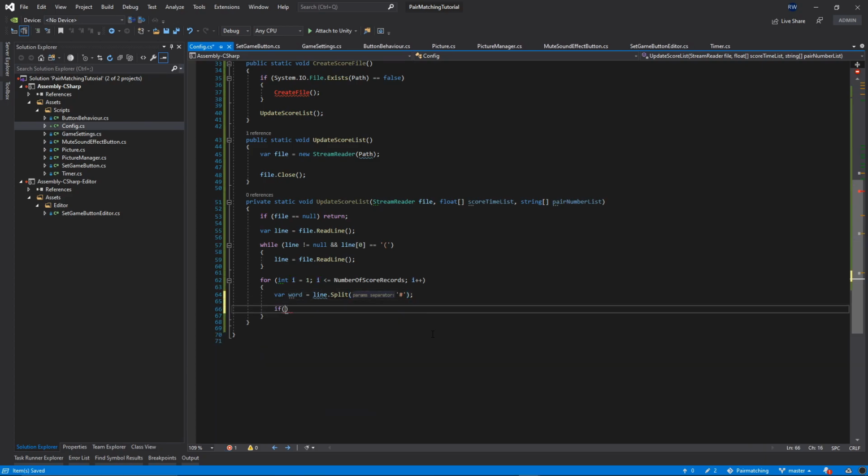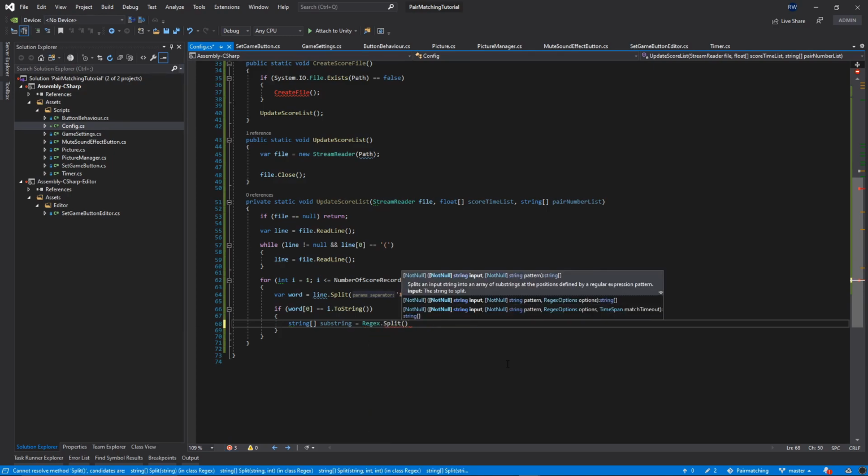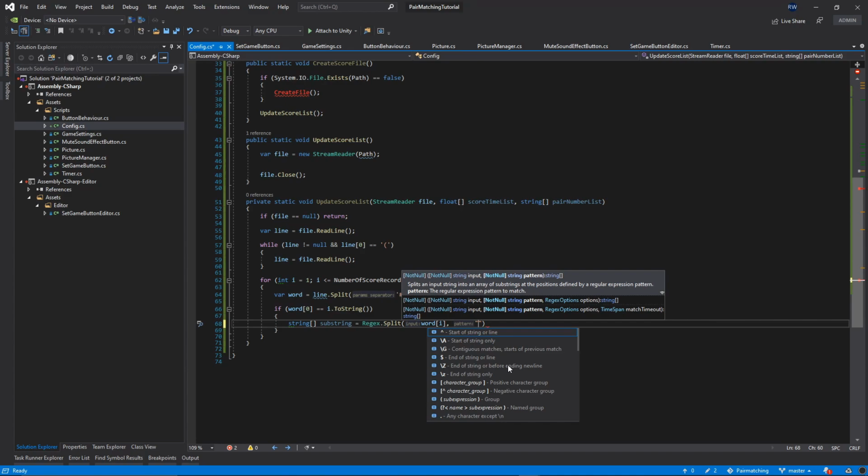So if the word at 0 is equal to i.ToString, we want to do the string array substring will be equal to Regex.Split, and we want to pass the word at i, and then we want to split by the letter D. Okay,